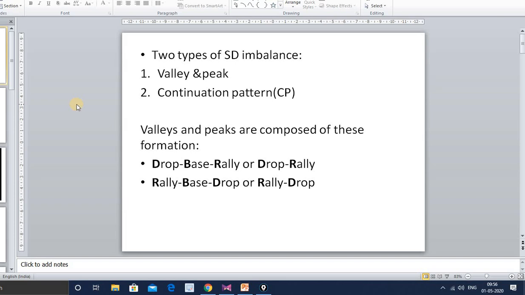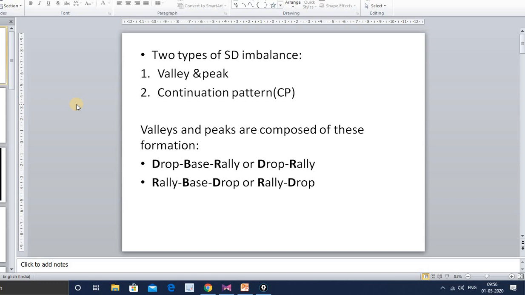I am Rashmi and today we'll be discussing the types of supply and demand imbalances. In the last session, I had introduced the concept of demand and supply, and then we had talked about candlesticks and the types of candlesticks that we see on the charts. And now we'll be taking the lesson ahead and learning supply and demand imbalances, which will help us to draw supply and demand zones.